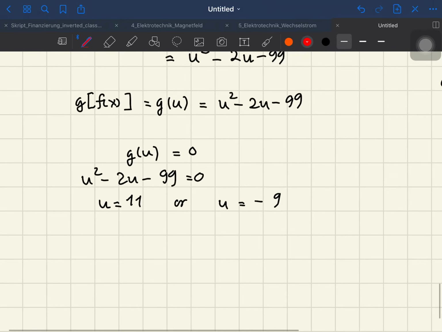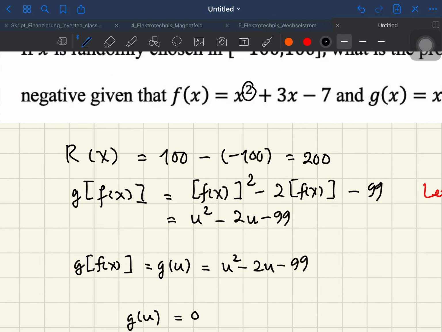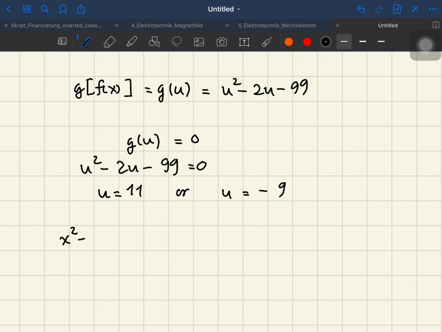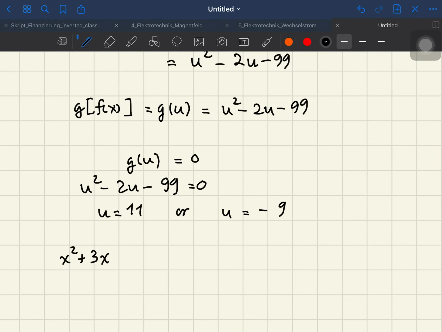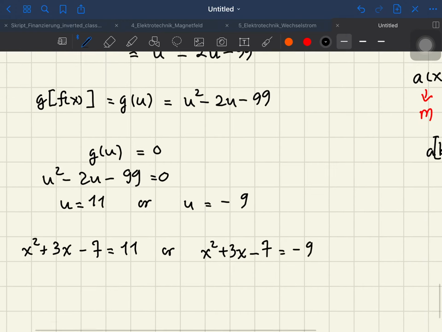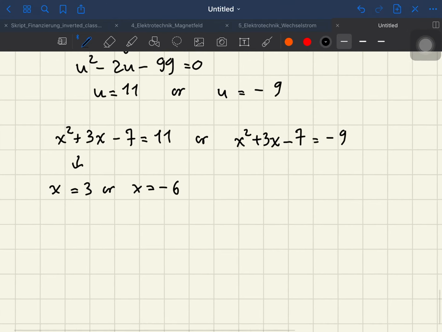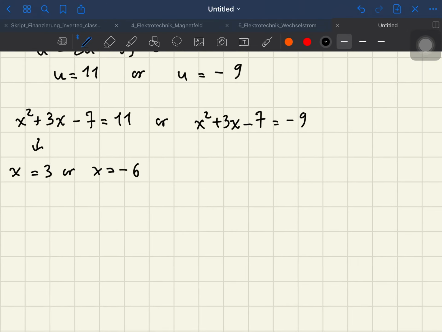Okay, u equals f(x), so we can actually use back the f(x), which is x squared plus 3x minus 7 equals 11, or the same thing, just copy paste down, equals -9. So you will just have to use the quadratic equation again, and then you will get this here, x equals 3 or x equals -6, and then hence you will use it to repeat